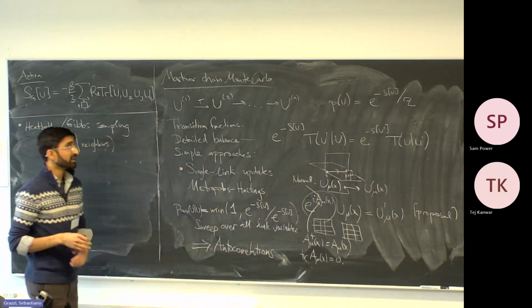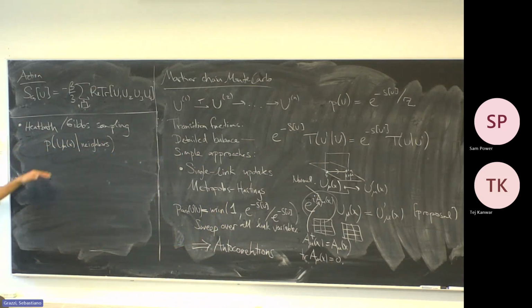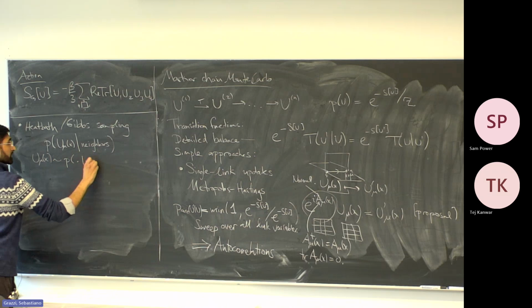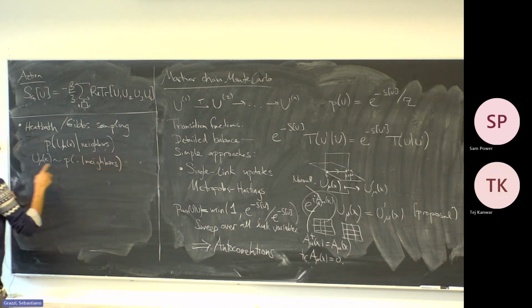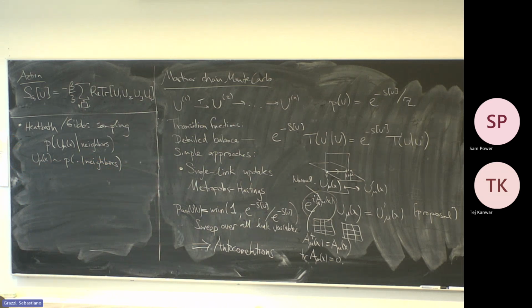So there's some finite number. It's a finite dimensional distribution. In principle, this is something you can write down and treat. And then by some tricks, you might be able to just directly resample the value of this field variable given the neighbors. So this is perhaps slightly better in terms of the autocorrelation time. However, it is more expensive because you're doing the construction of this complicated distribution and some kind of direct sampling from that distribution. And in fact, I think the most efficient formulations of this usually involve some kind of hybrid